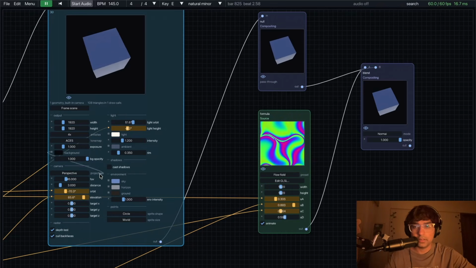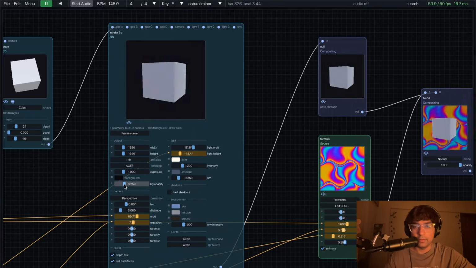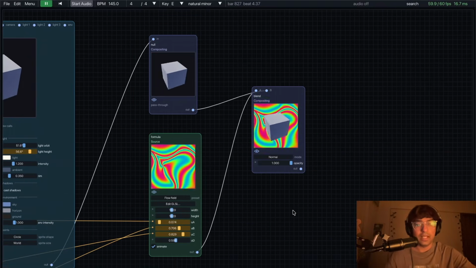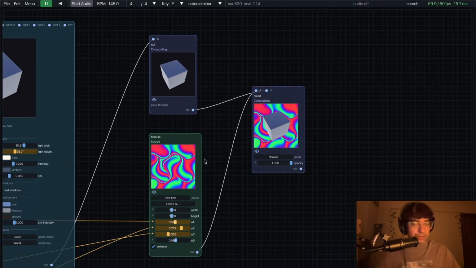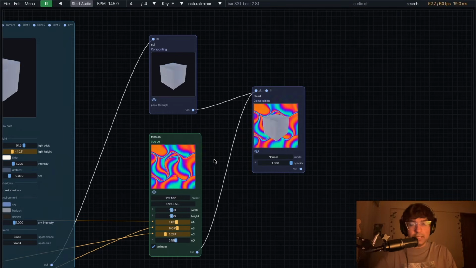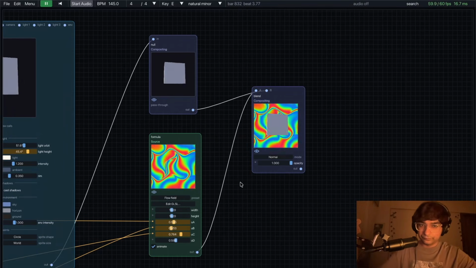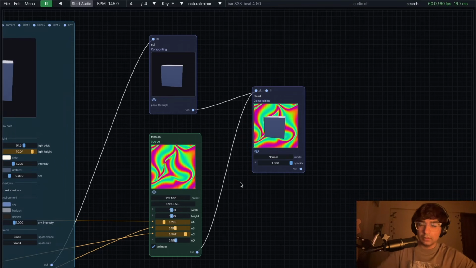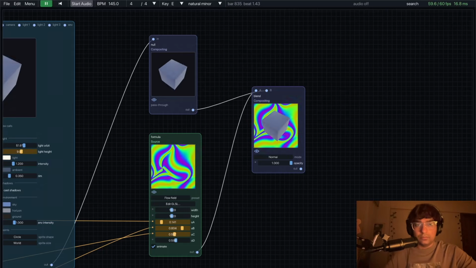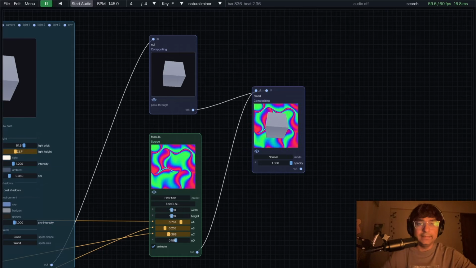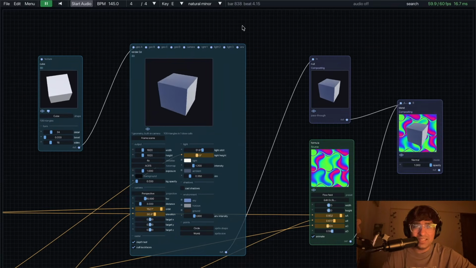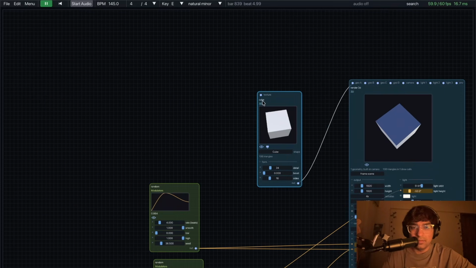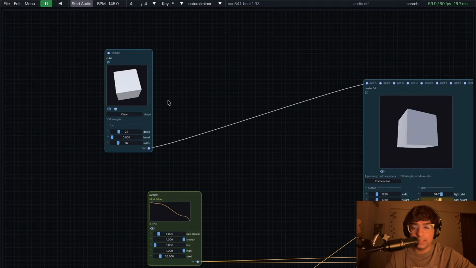Wait, let me just turn off the background opacity. Okay, now we have a cube on the thing that I just made. Okay, it's looking very trippy already. Cool, lovely. Actually, I just want to play around with the cube a little more. Let me just